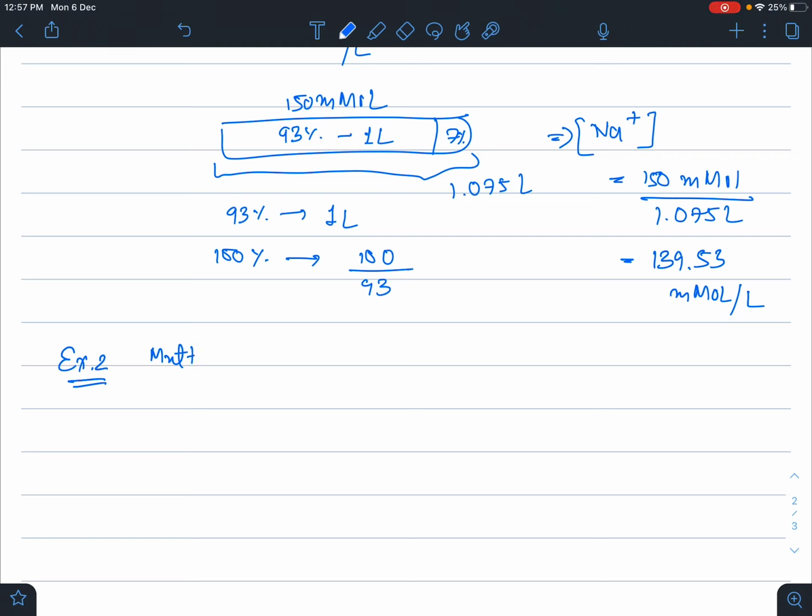So what will happen in multiple myeloma? There will be too many immunoglobulins in the blood. So globulins will be high in the blood, which ultimately leads to more solids.